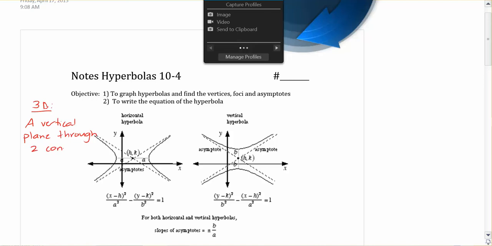If you go vertically, you're going to get not only one parabola, but basically two parabolas, and that's what a hyperbola is. So a hyperbola three-dimensionally is a vertical plane through two cones. That's why we'd have this parabola and this parabola. Now, two-dimensionally,